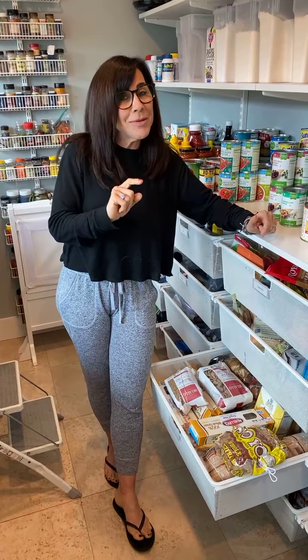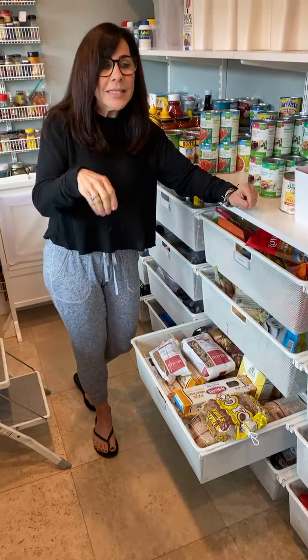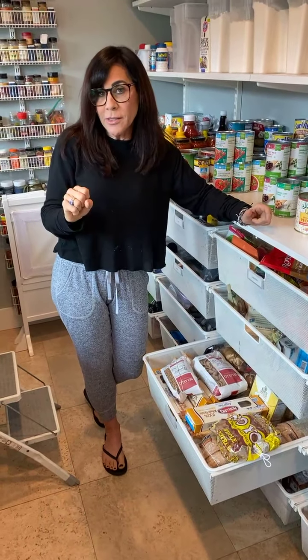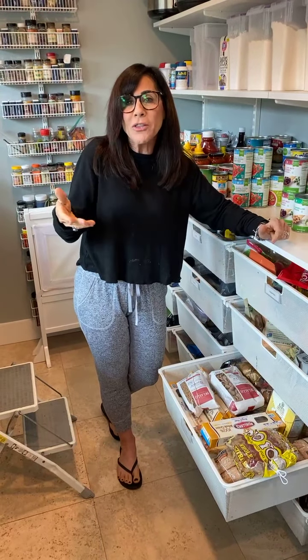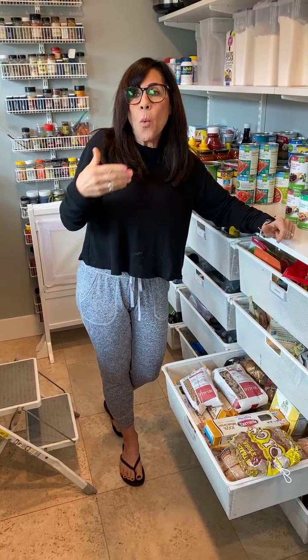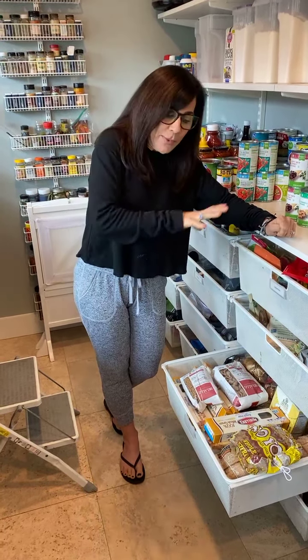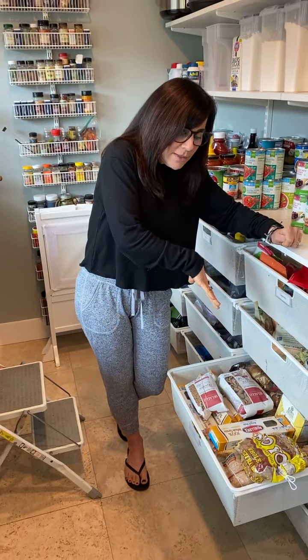You could do the same thing with brown rice and white rice, although you cannot cook them at the same time, so don't get any ideas there. But point being is the wheat versions are all enriched. The white rice is enriched. And they started enriching these products back in the 50s when they started making these products and realizing that we as a society were missing out on nutrition because we were no longer getting these whole grain versions of things. So they started to enrich them with different vitamins and minerals that we as a society were lacking. So when you use the whole grain versions of it, you know you're getting a little bit more nutrition,